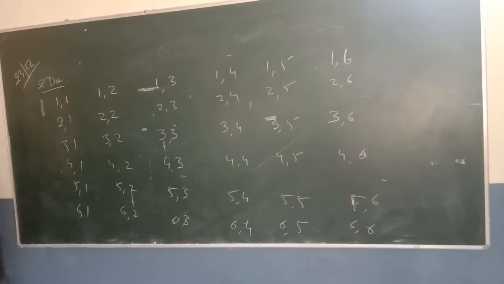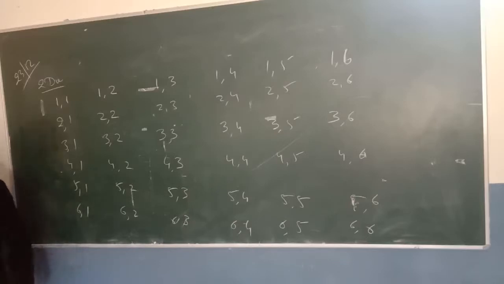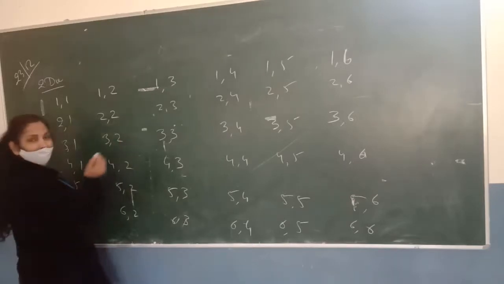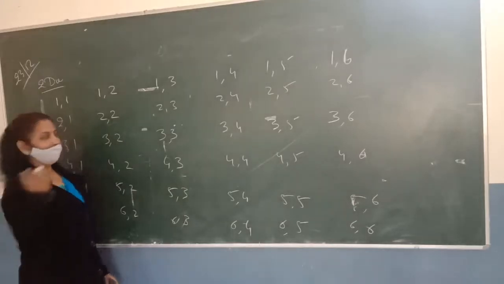How many numbers are there? Multiple of 2 on one dice and multiple of 3 on the second dice. How many favorable outcomes are there in this table? How many? 12. How can it be 12? On the first and the second dice. 6 by 36. Yeah, it will be 6 upon 36. Look here. The multiple of 2 on one dice and the multiple of 3 on the other dice.